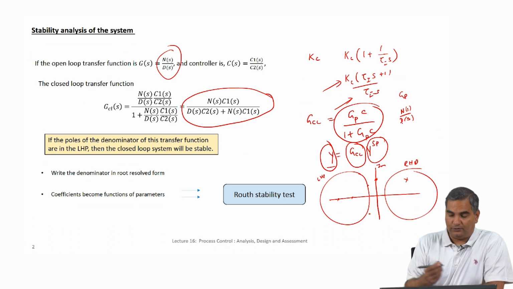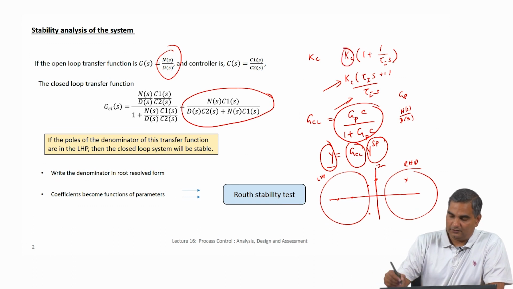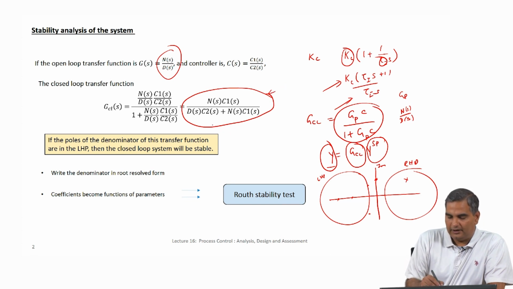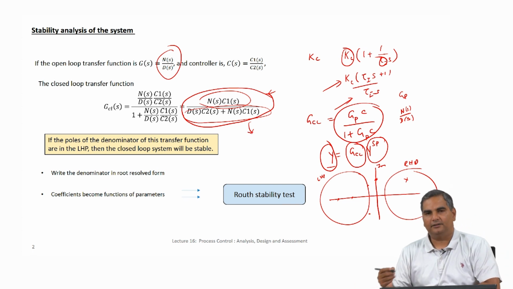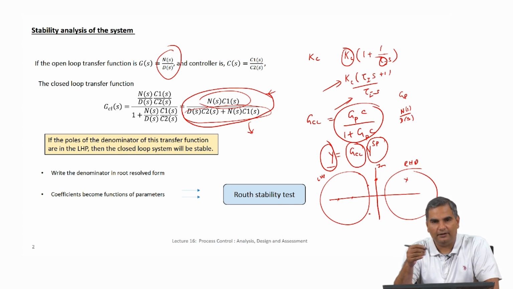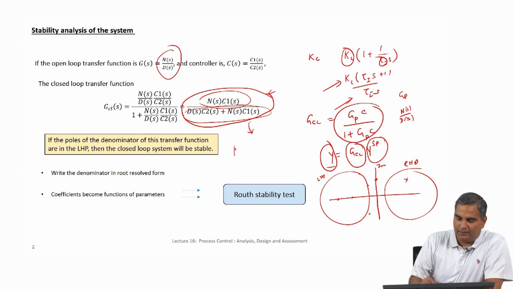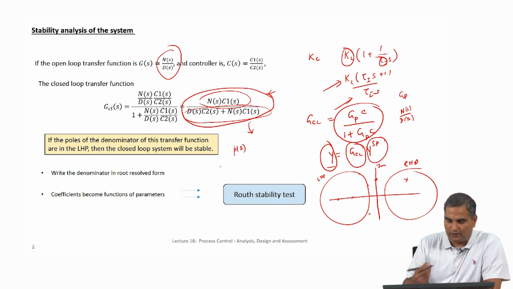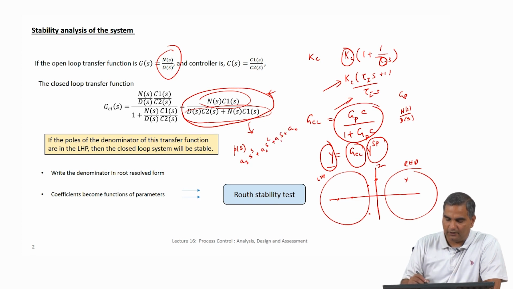Now, if you actually knew the value of this and this, then once you substitute this here, all you are going to get is a transfer function form where there is a numerator and denominator. What you can simply do is take the denominator polynomial and maybe send it through, let us say, a MATLAB code to find the roots of that polynomial, and that is what I call writing the polynomial in a root resolve form. So, for example, if I have a polynomial which is third order, if I simply write this as a3 s cube plus a2 s squared plus a1 s plus a0, this is a third order polynomial.